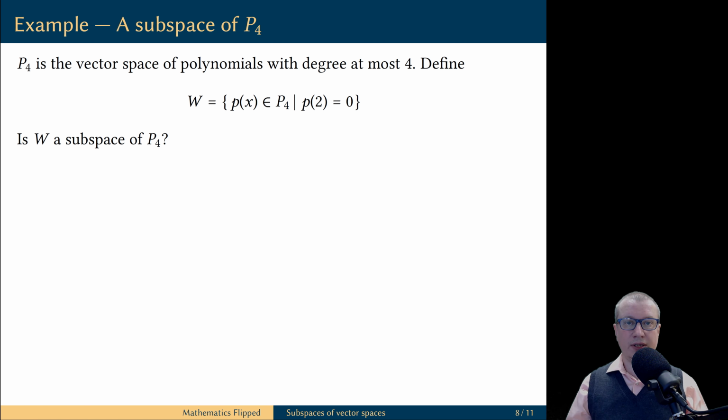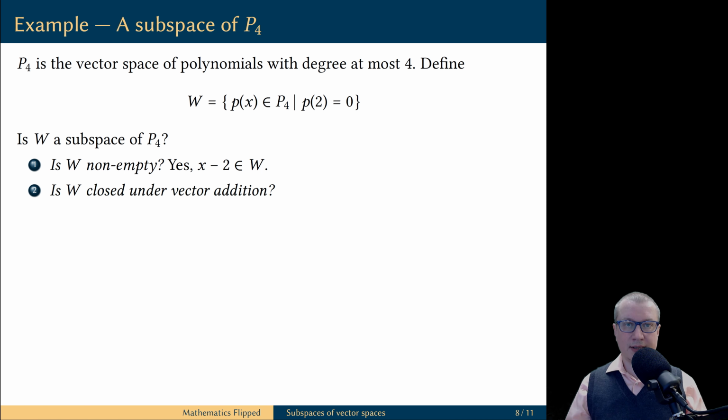To see if this subset is a subspace of P4, we simply need to go through the 3 conditions in the test. First, is this subset non-empty? Can you come up with at least one polynomial of degree at most 4 that has 0 value at 2? Sure, for example, the polynomial x minus 2 is an example of such polynomial, and therefore this is a non-empty set.